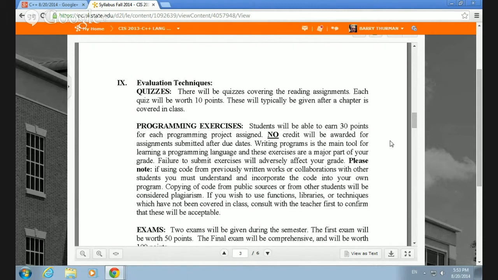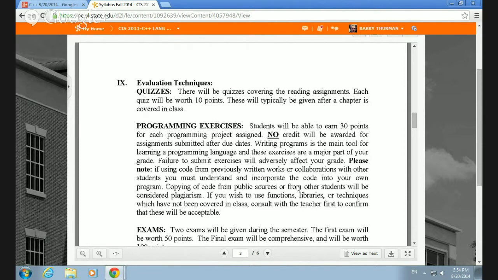So the choice of variable names and the choice of how you complete the assignment should be enough different that it is recognizable to be your work and not something that you've copied from someone else. And that includes code that you might find on the internet somewhere. So if you find code on the internet or some other public source, and I look at your code and I recognize it as being code that came from somewhere else, then I will consider that to be plagiarism,